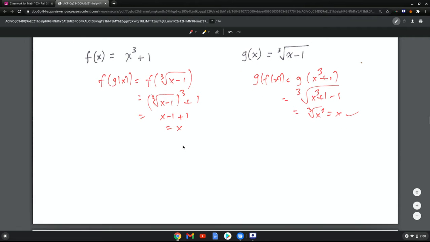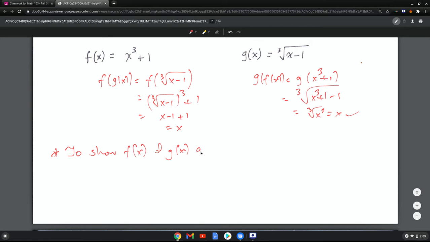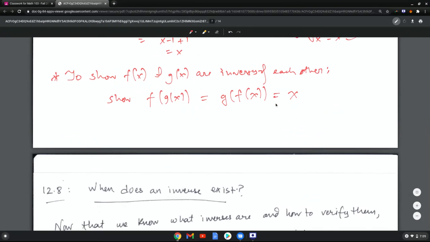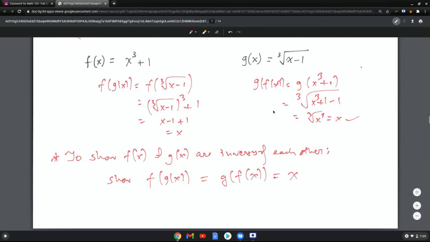So in conclusion, to show f of x and g of x are inverses of each other, we need to show that f of g of x equals g of f of x equals x. That's the necessary and sufficient condition for something to be inverses of each other. In the next video, we're going to explore some other questions